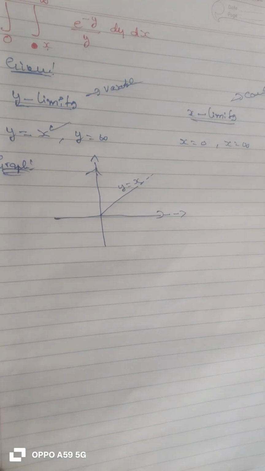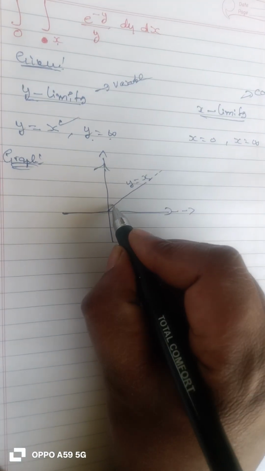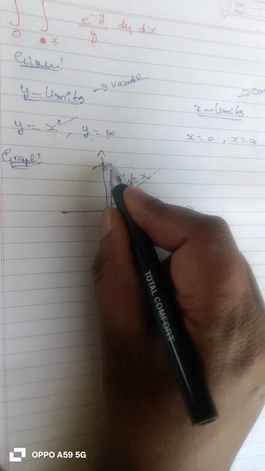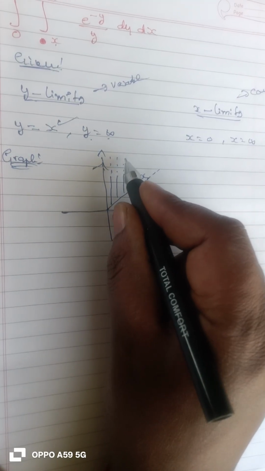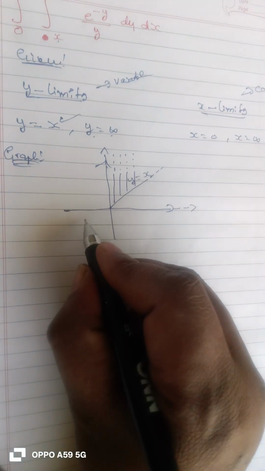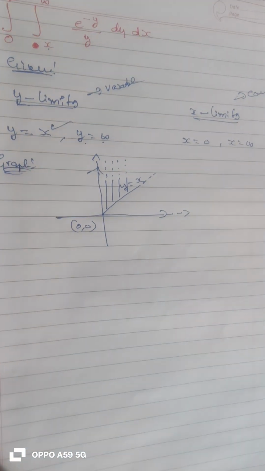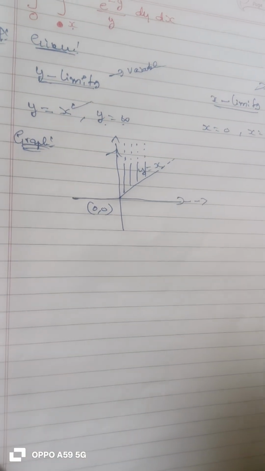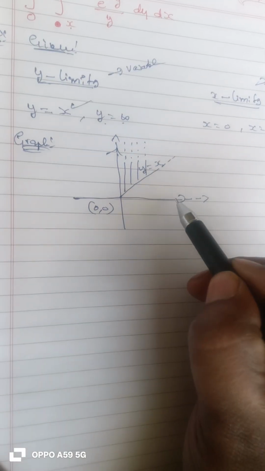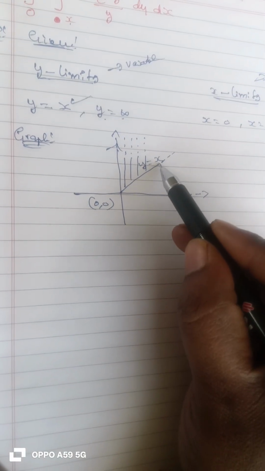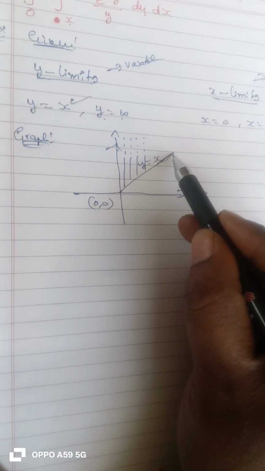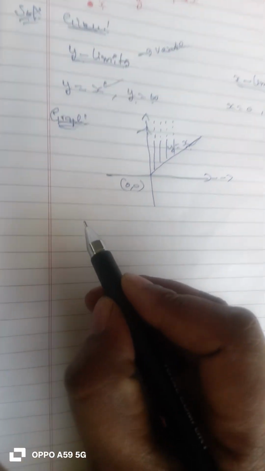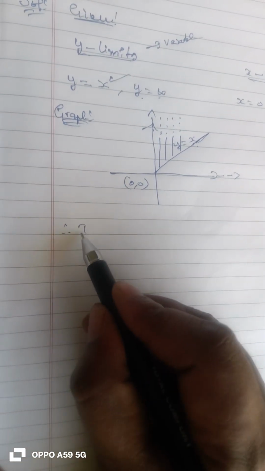For this, if you observe, next is y is equal to infinity means it will go in this direction. So this is the common region required for us. So this is 0, 0. In this you can observe the point of intersection, it is going on infinity, x also it is going on infinity. This particular line will become y is equal to x, y also it will become infinity. So for this directly we can write change of the order. So therefore I is equal to